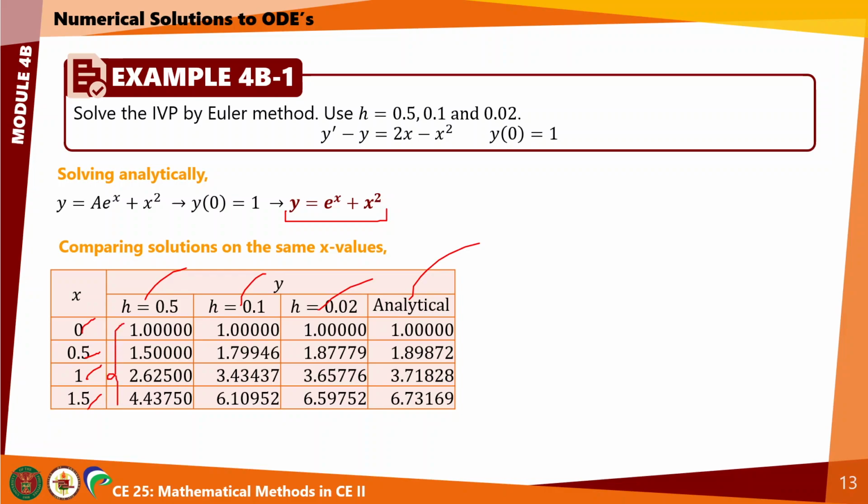Okay, ito yung nakuha natin sa h equals 0.5, 0.1, 0.02. And yung analytical, upon substituting x equals 0, 0.5, 1, and 1.5 dito. Okay, solution function. You get these. Okay, and as you can see, sobrang lapit ng analytical, or lumalapit yung solution, yung approximation natin from numerical methods if we use smaller